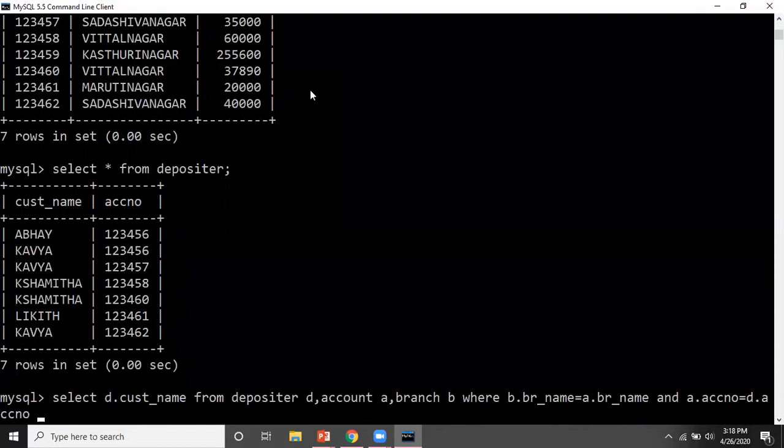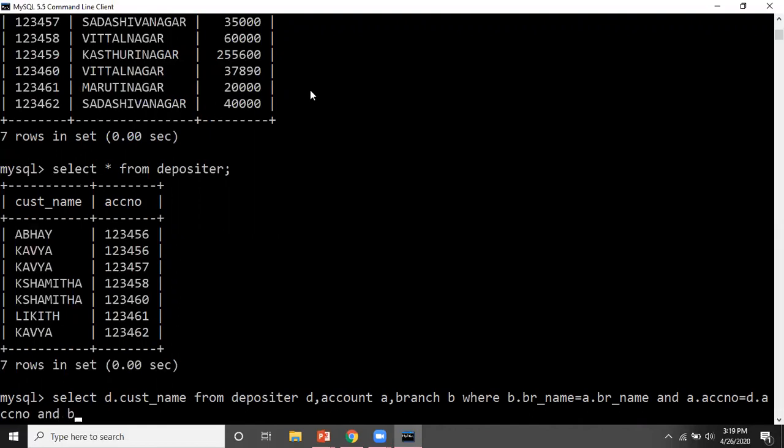After this, all my redundant tuples will be removed. Now I have to give the condition from the question, that branch city should be Bangalore. So I will use and, and from the branch table I get branch city: b dot br underscore city equals Bengaluru.